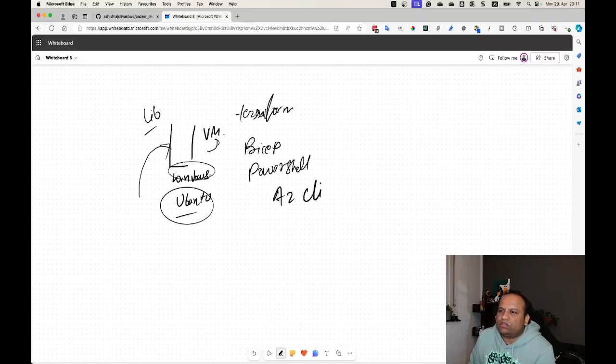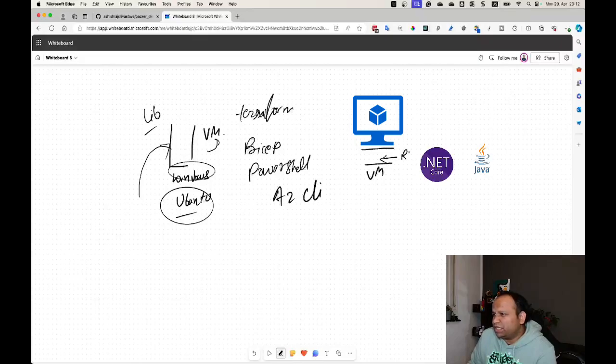Or when we are talking about Windows, we may need a certain runtime installed on Windows to be able to make use of this VM. First you have the VM that you get from Azure, then on top of it you install some runtime,